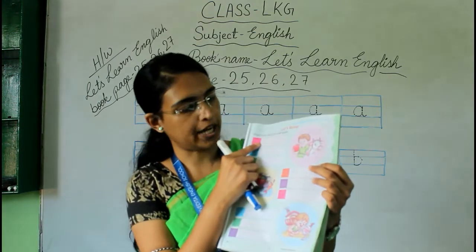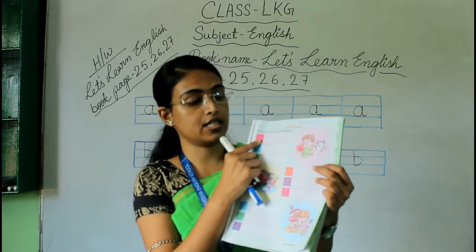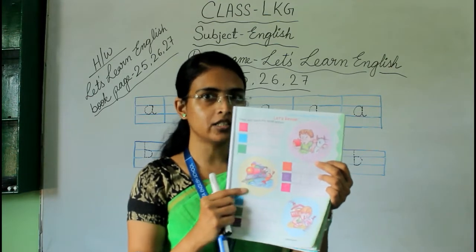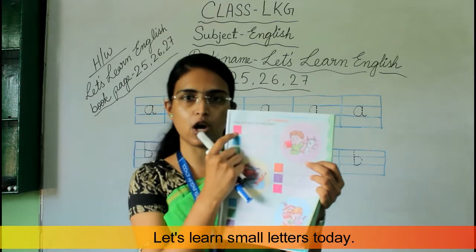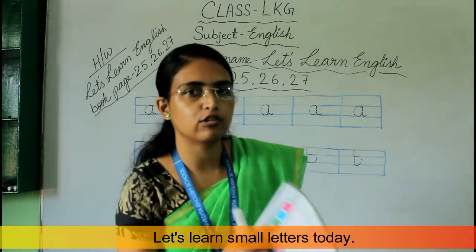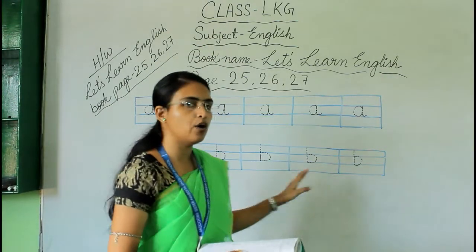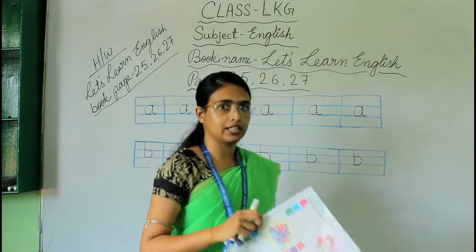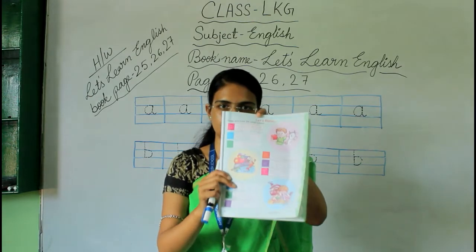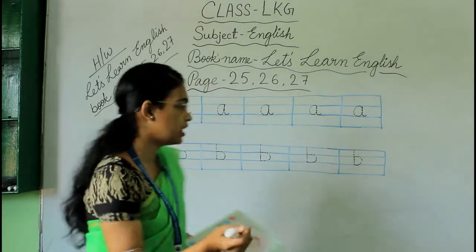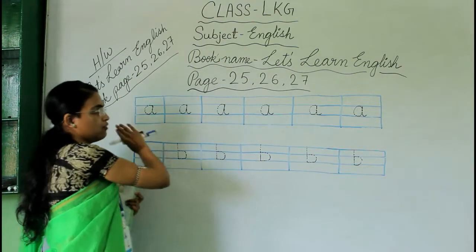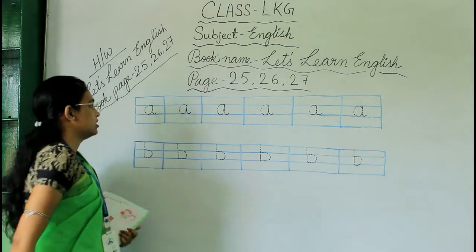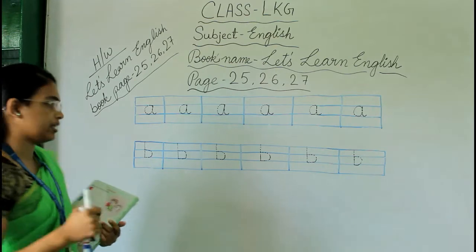This is which A? Yes, this is small letter A. So today we are going to learn about small letters. That's why it is written here, small letter A. Now I will show you on the board how you will write small letters A, B, C, D in this book, okay? Now look at the board. Look, I have already made this chart on this board. Now I will show you how you will write.